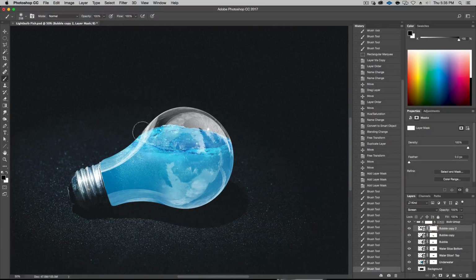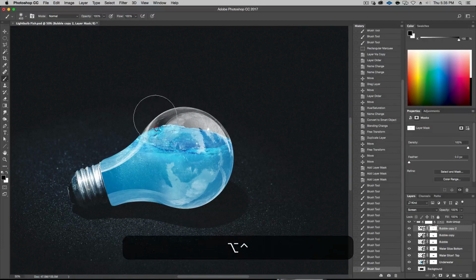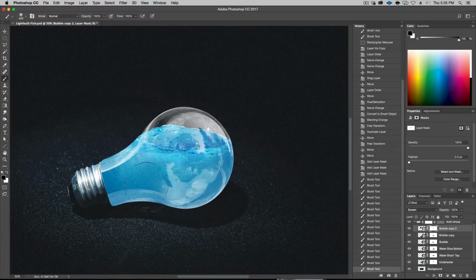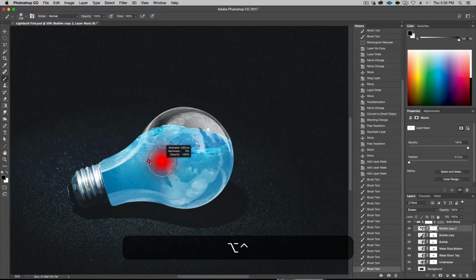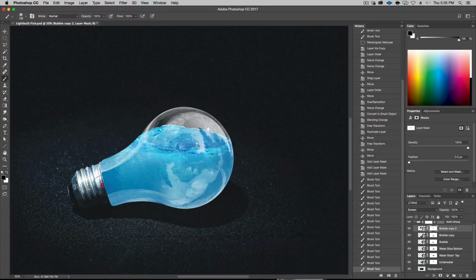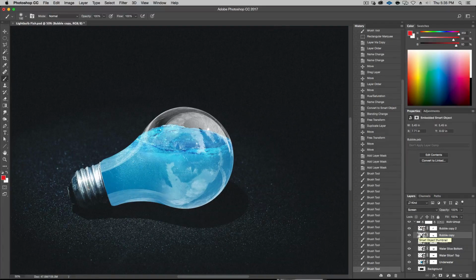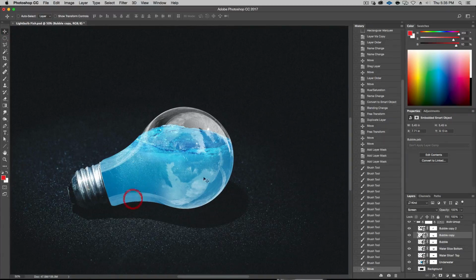And then here, a little bigger, get rid of that. See, so it kind of looks like it connects. It all connects. All right, and then just a little bit of the edge. So we're pretty good. Okay, I feel like the bottom was a little too high, so let's just bring that down a tad. So V for move, and that's this tool right here. And let's bring this down just a touch. There you go, that's better. Okay, so we've added the reflections, and now there's something missing here.